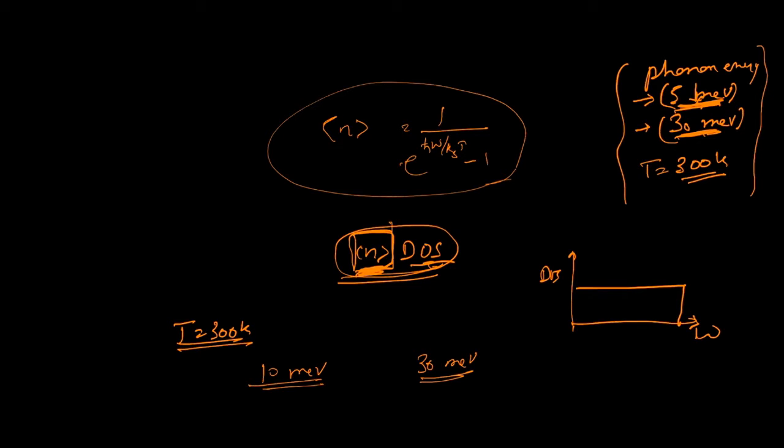We want to see how much change this occupation factor n makes. What is their relative contribution to the total quantity, let's say internal energy or flux? So that's the question. I'm giving you about 10-15 minutes. First we are doing it at constant temperature. At this temperature, what would be the ratio of the 10 MeV phonon compared to the 30 MeV phonon, their contribution?